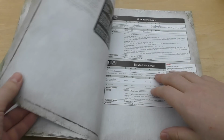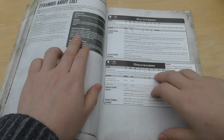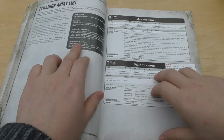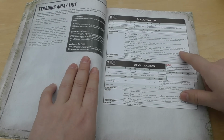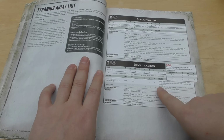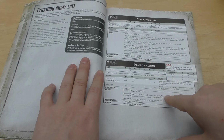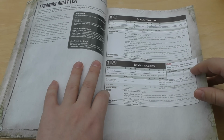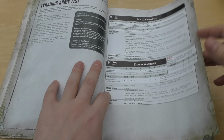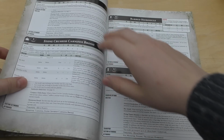Then Tyranids, the Tyranid Army List. It explains Synapse, Instinctive Behaviour, and Shadow in the Warp, just like the Codex. You've got a Melanthrope, which is an HQ. A Dimacheron, which is a fast attack, which is brilliant. It means you don't have to clog up your heavy support choice, that you'd normally take with a Tyrannofex or something. Fast attack,